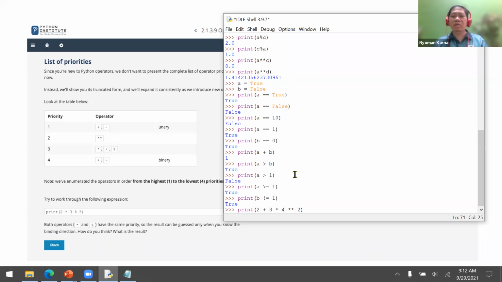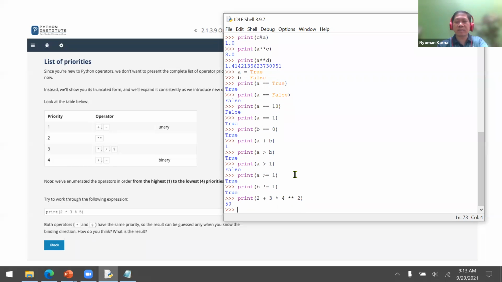Python will do this one first because exponential is the highest, and then the result will be multiplied with 3, then it will add 2. So it will give 4 power of 2 is 16, and then 16 times 3 is 48. 48 plus 2 is 50.